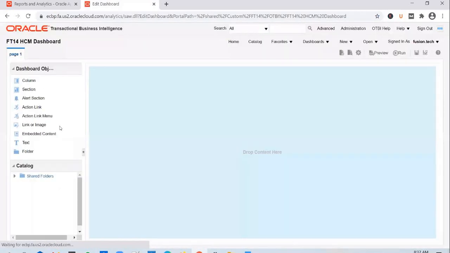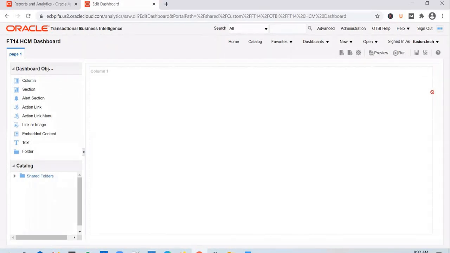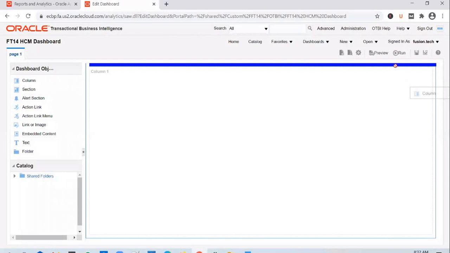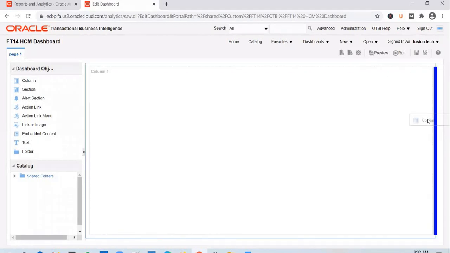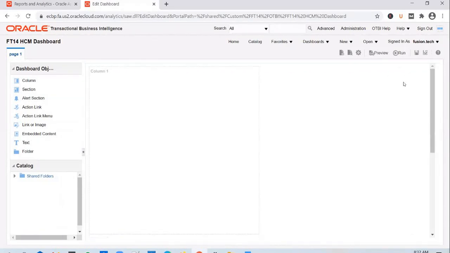And we'll create a dashboard with a blank page. A dashboard with a single page was created. You can add and delete pages using these options. And you can add content here. It's a blank page, so you can add any of these objects to the dashboard page. You can add two columns. You can add one column. And depending on where you drop it, if you drop it at the top, it gets added as a row. If you drop it here, it gets added as a column. So add it as a column.